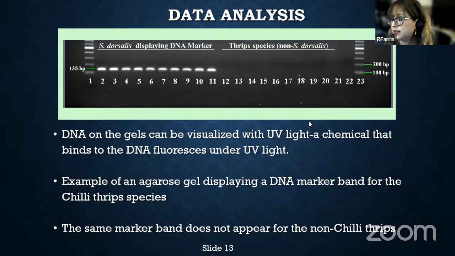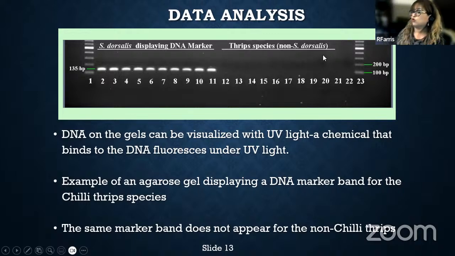If you do not get a PCR product, which we see over here, there was something loaded on each one of these. Just because there's nothing there doesn't mean it just didn't work. We know it worked because these worked. We know here that those were not amplified, and that means that they are negative for chili thrips. So that's one way of analyzing PCR, a very straightforward way. I imagine that possibly for COVID, it was done something similar to this. However, I don't believe they were using conventional. They were using real time, and I'm going to get into that right now.